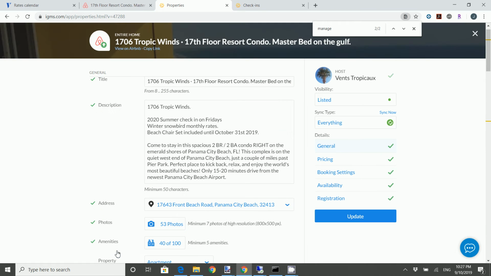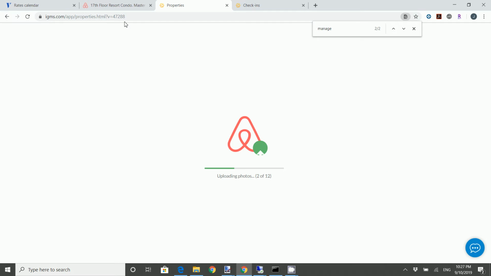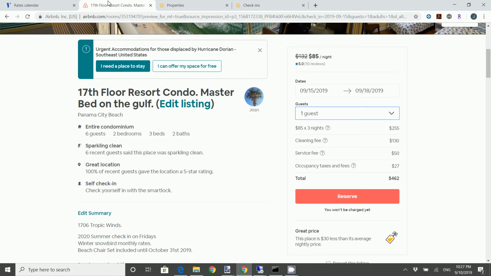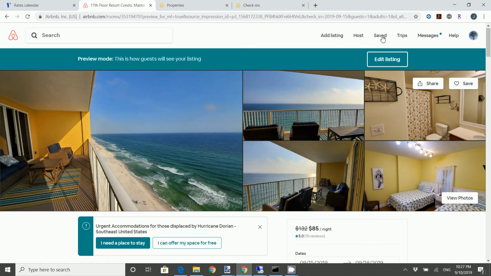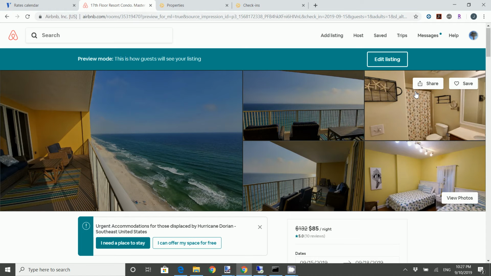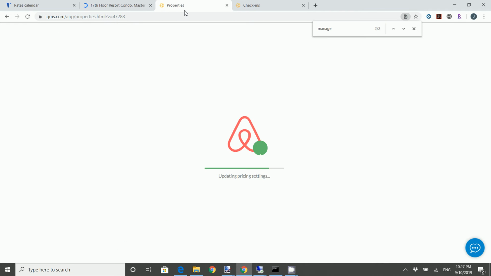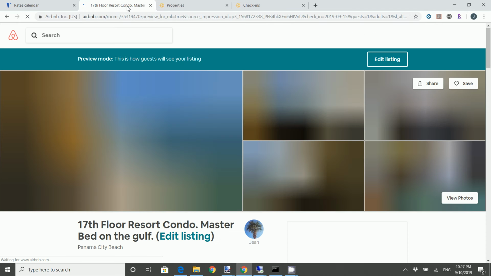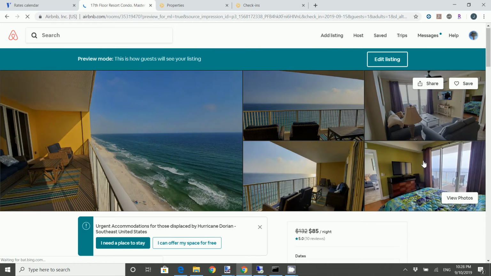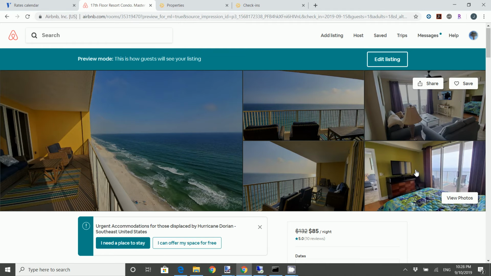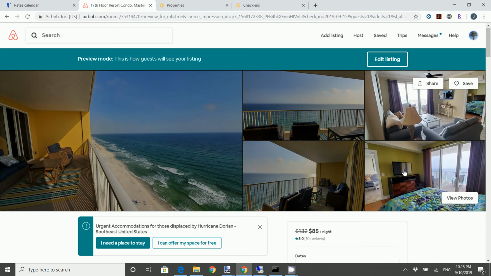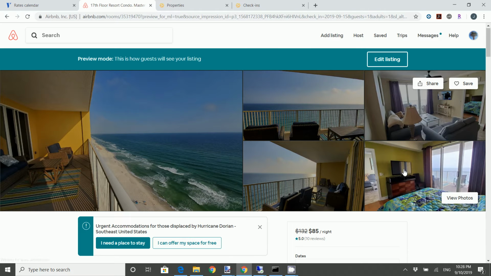I upload it and publish it. And it's going to change the order. The right photo is going to show up here. Except that tomorrow, when I come back here and I make some changes to my listing here, it's going to reset all of the photos back to what they were. So it's not keeping. So the next time it synchronizes and pulls the data from Airbnb, it pulls back